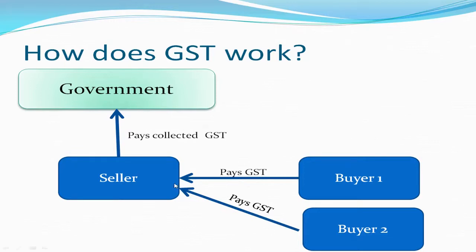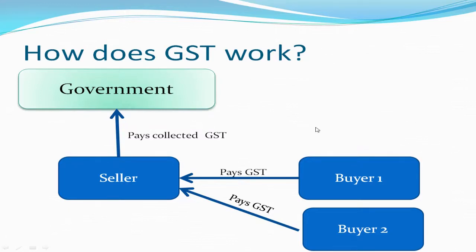So if the sale is intrastate, then seller will pay the GST in two parts. One part will go to central government, one part will go to state government. If the sale is interstate, then the whole amount of GST collected from the buyer is paid to the central government. So seller collects the GST from buyer and pays to the government, respective government,